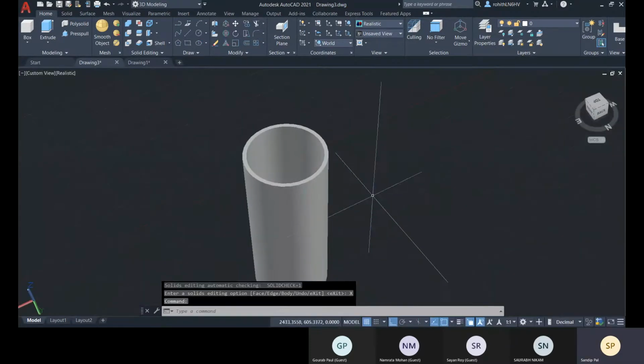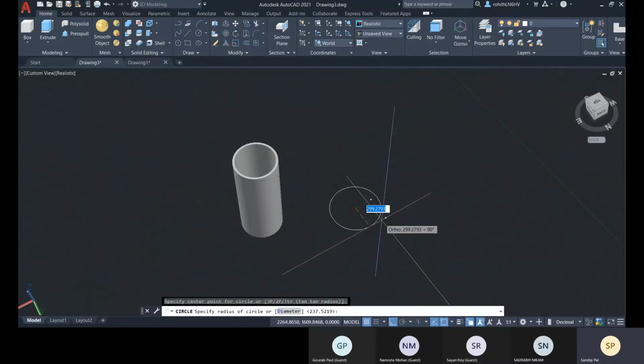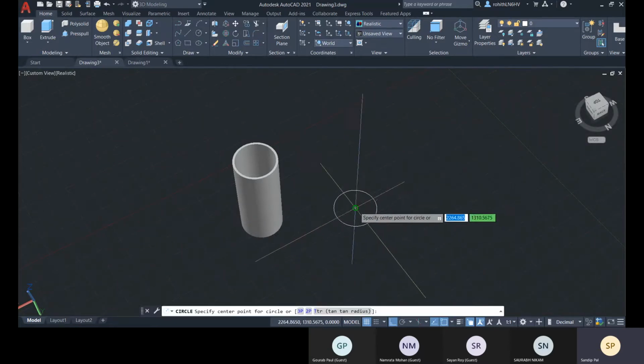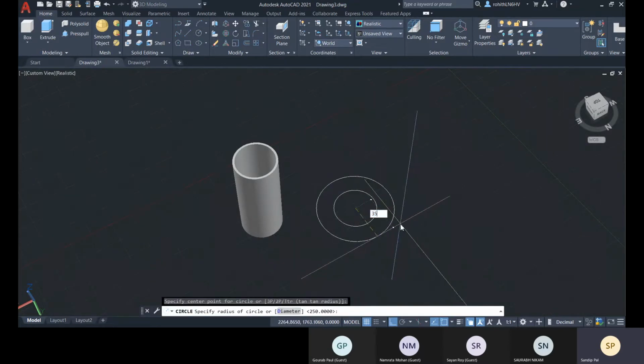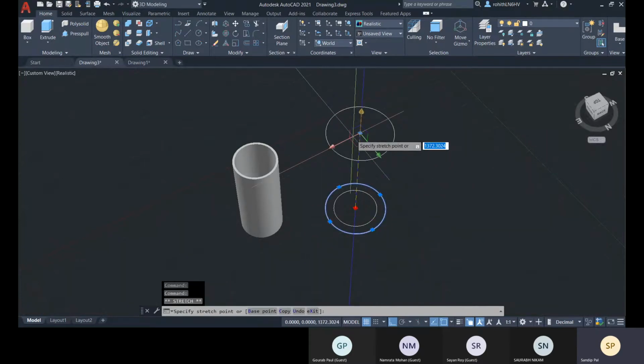Okay, let me try with that again. Let me specify 250 now, and then 350. Enter. Let me give it a height like 1500.